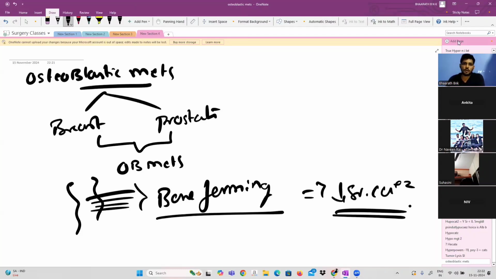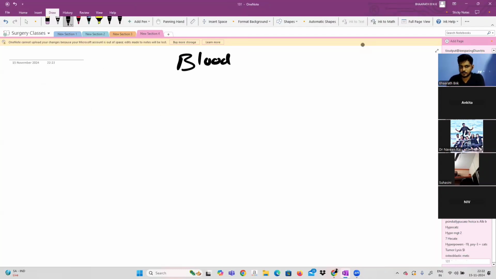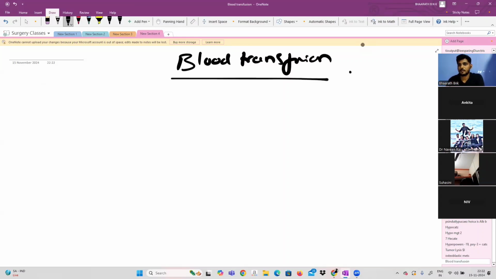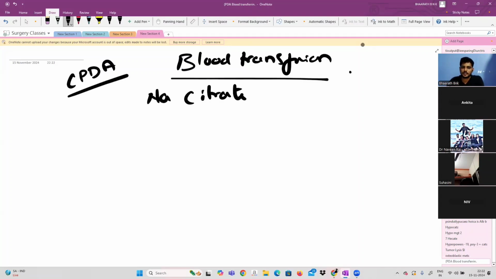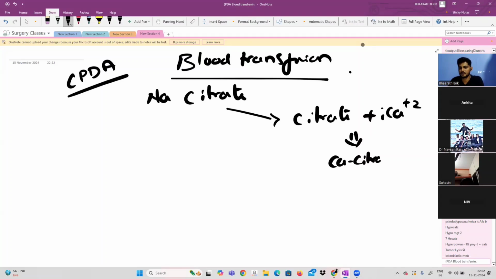Right. Now, what happens in blood transfusion? So I told you, especially in a massive transfusion class. Whenever the blood is transfused, the most common storage anticoagulant we use is CPDA. So this CPDA contains citrate. Now this citrate in the blood is a form of sodium citrate. This citrate will go and bind to the ionized calcium and form a calcium citrate complex, which precipitates and is not